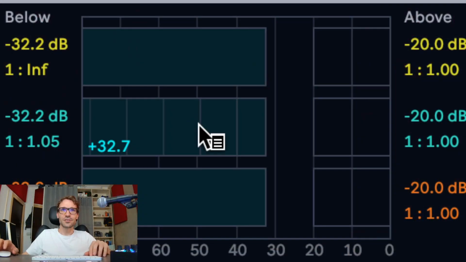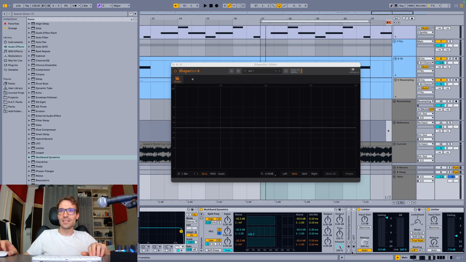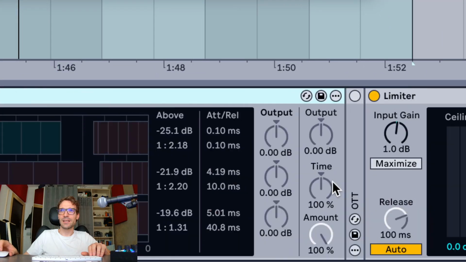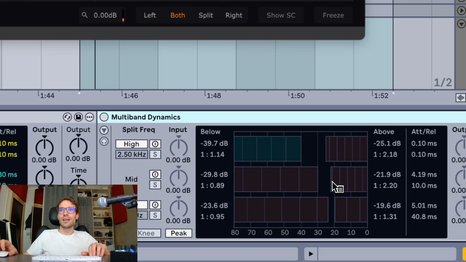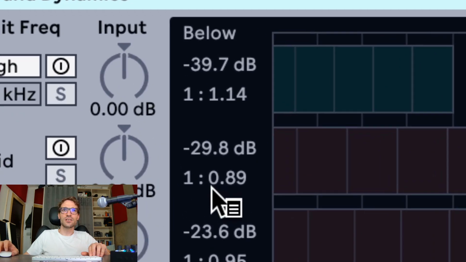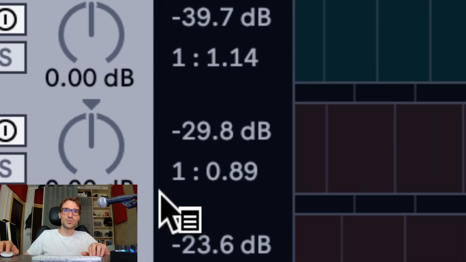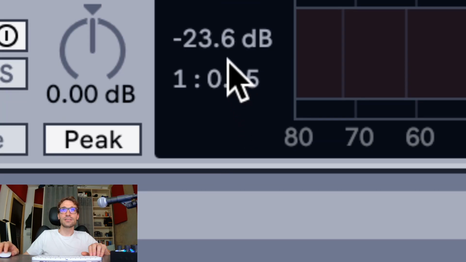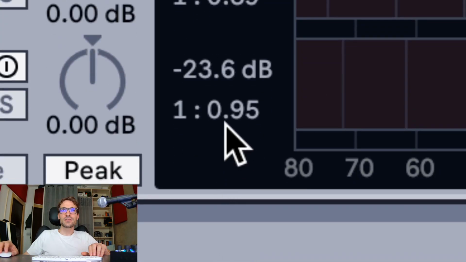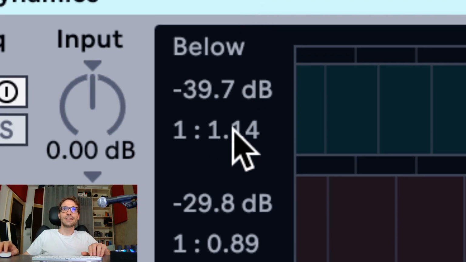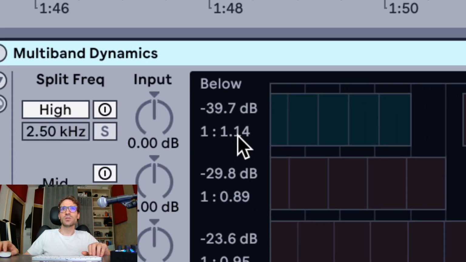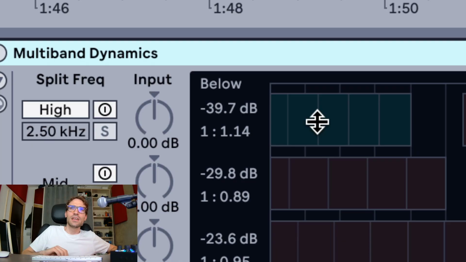Okay, so you can dial it in, and that's what I did here in this instance of multiband dynamics. As you can see, I didn't do much. These are the ratios I used, so they are not very high. I also had added some in the lows and some in the highs, even though in the highs I'm actually using some expansion, meaning I am